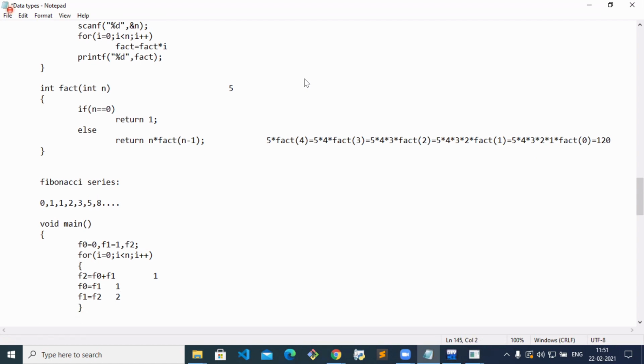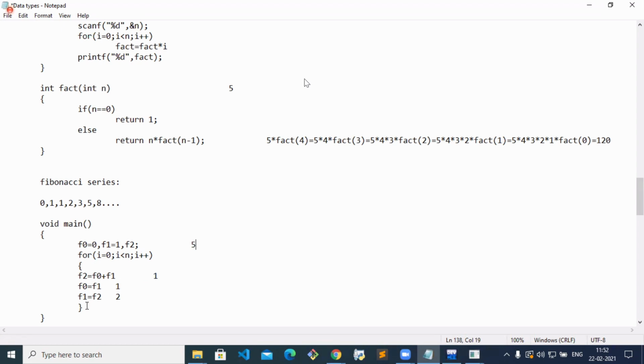We'll trace this and then move on to the program. F0 is equal to 0, F1 is equal to 1, F2. For I equals 0, I less than n. Suppose I want to return the first 5 Fibonacci numbers. F2 is equal to F0 plus F1, which is 1 plus 0, which is 1 only.